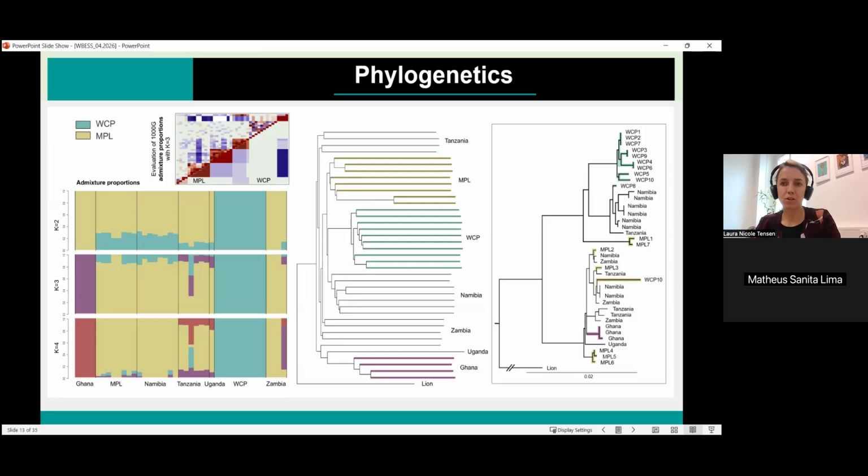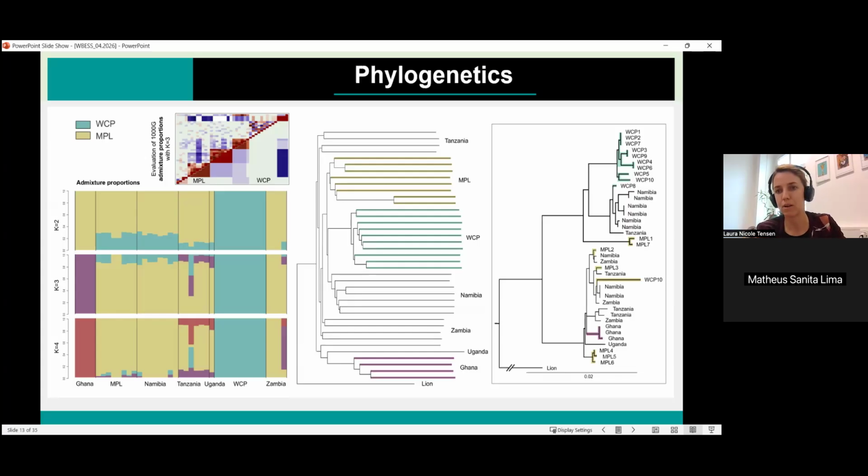And we found that across Africa, they're not very well resolved, probably because there's a lot of gene flow happening and little population structure, whereas the Western Cape population, what you can see, is well resolved. In the middle, we did a neighbor joining tree based on distances. So this is a distance-based neighbor joining tree, and this is as expected, all populations sort of cluster according